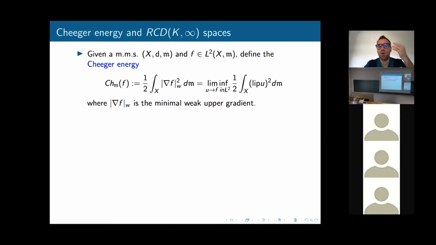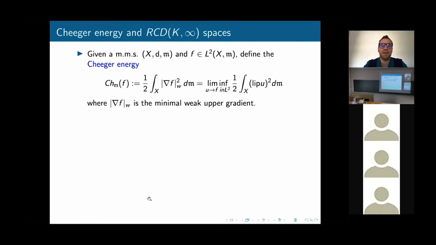Well, we can work with functions. On a metric space, we can define a function, we can define a Lipschitz function, etc. And the idea is to look at the Dirichlet energy of functions. In a metric setting, the Dirichlet energy is not called Dirichlet, because Dirichlet forms are something very special in metric geometry, but it was studied by Cheeger, the natural extension of Dirichlet energy in a metric setting.